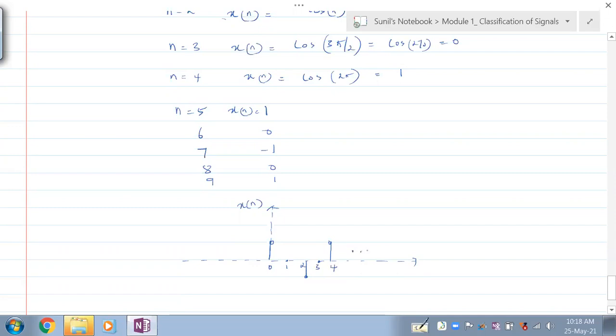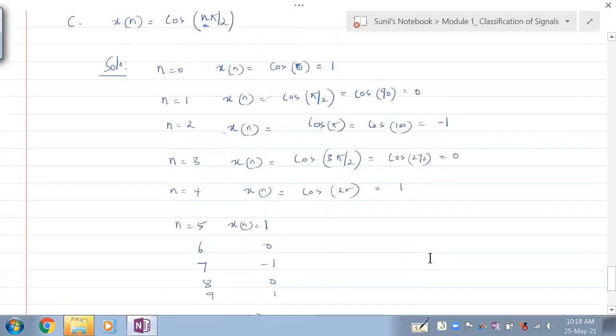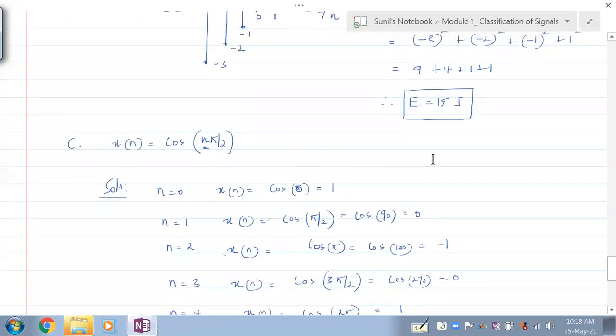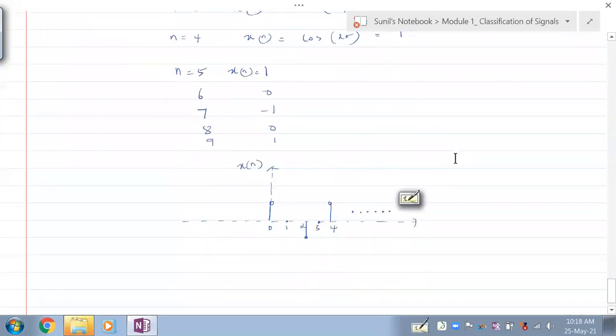Okay, and this will repeat because n is what? No range is given, right? So if no range is given, it means that n ranges from minus infinity to plus infinity or 0 to infinity. Understand that? So this will keep happening for an infinite number of times. Since this is infinite in length and repetitive in nature, it is a periodic signal, and since this is periodic, it's a power signal.